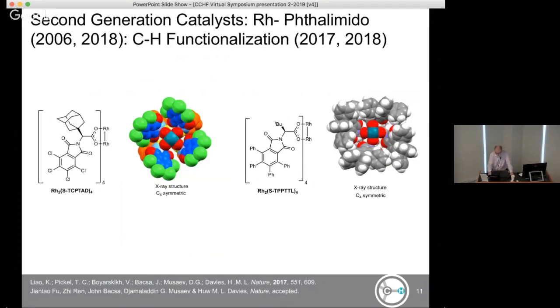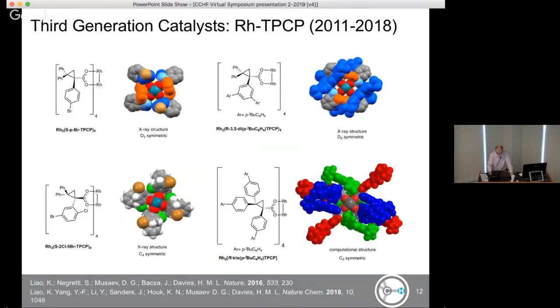The tetraphenyl derivative is really interesting because you basically got 16 phenyl rings on the outside of this structure, and these adopt tilted arrangements, so they actually have a sort of additional propeller type chirality that is important for their anti-selectivity. And then the third generation catalysts, these are the sterically most demanding, can adopt different shapes depending on